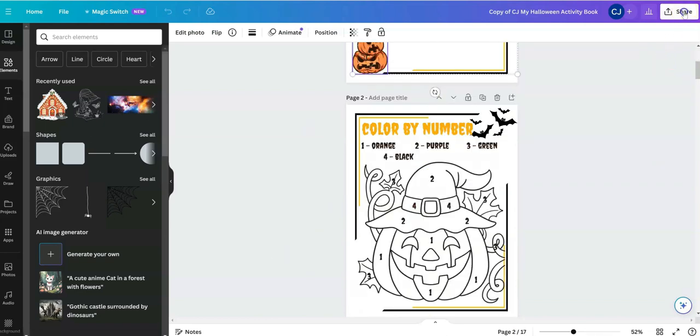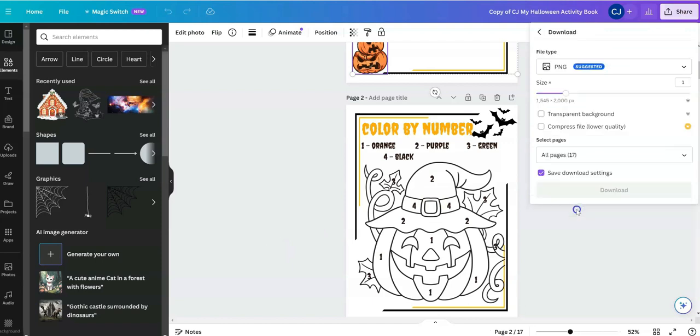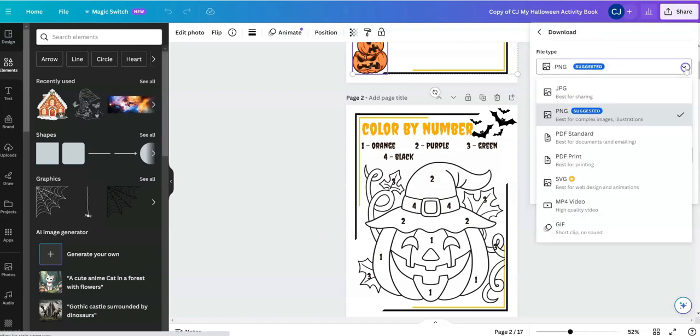And then when you're done, you would click the share, you want to download, and then you want to come to